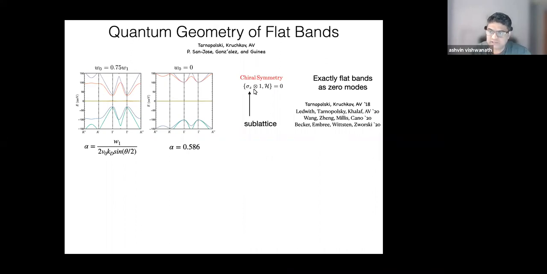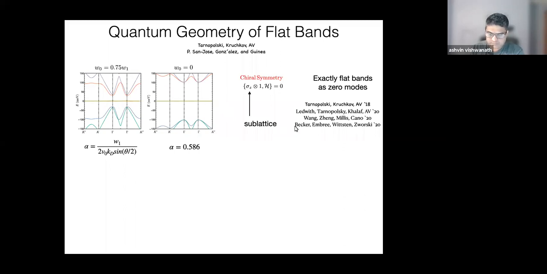So once you introduce this chiral model, it has a symmetry. There's a fixed matrix which anti-commutes with your single particle Hamiltonian. Okay, and that fixed matrix is actually just the sublattice matrix. So this gives you some special properties. One of them being that you can find a magic angle where the band is perfectly flat. It's not just very, very flat like you see over here, but mathematically flat. And you can determine that angle, it's pretty close to what you expect for the magic angle. It's written in these units, this kind of dimensionless units. And in fact, you can get more precise. So there's some nice mathematics over here.